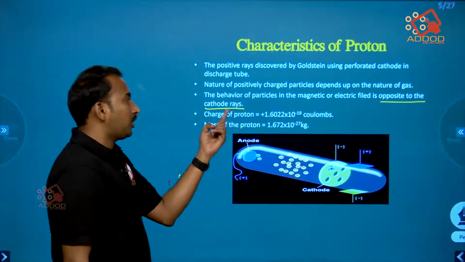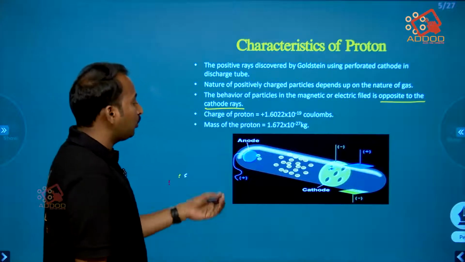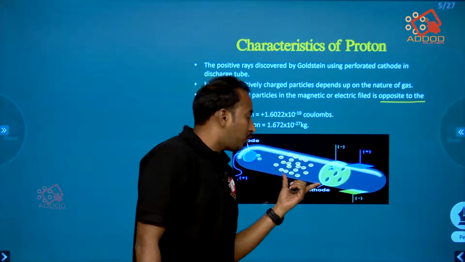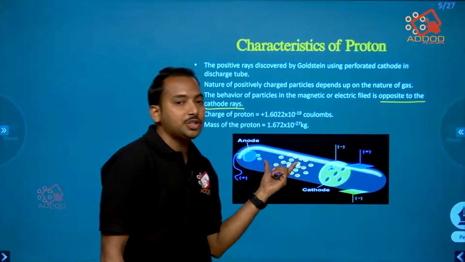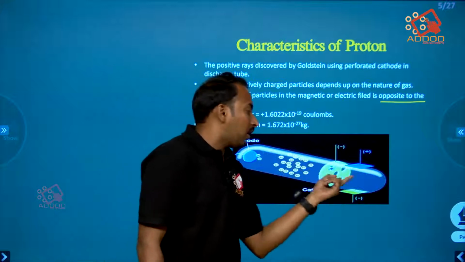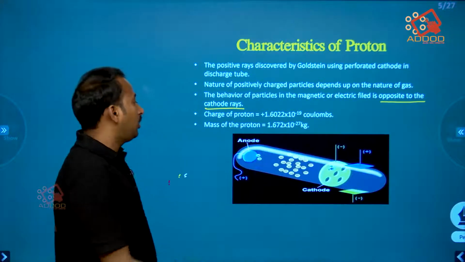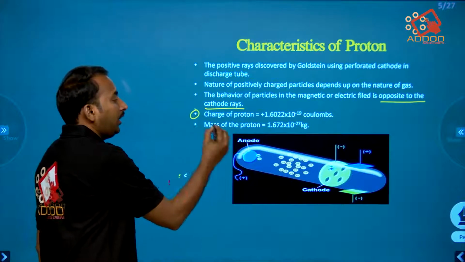So positively charged particles are called canal rays or positive rays. In the cathode discharge tube filled with hydrogen gas, these positive particles are called protons. So the charge of a proton is plus